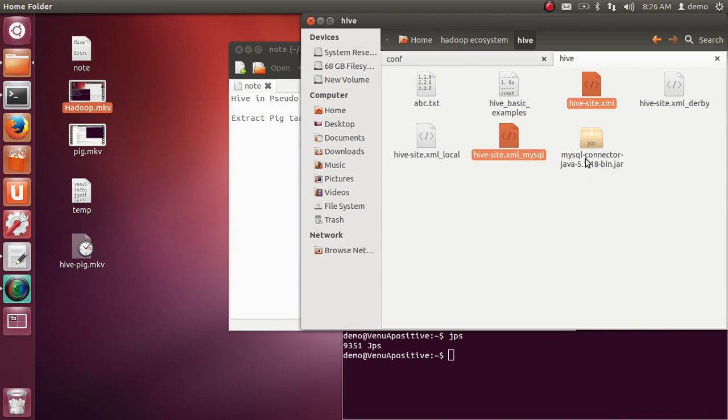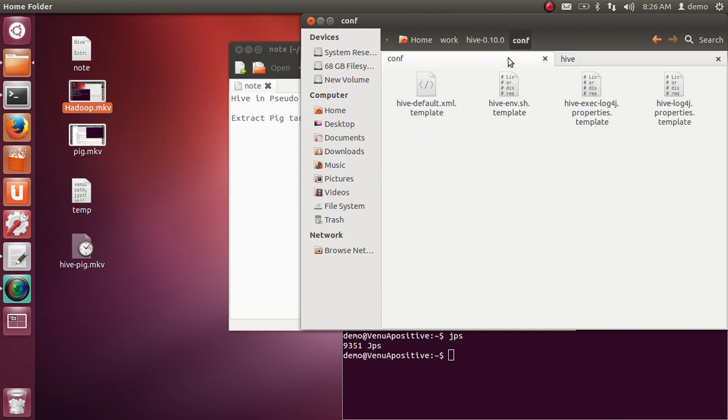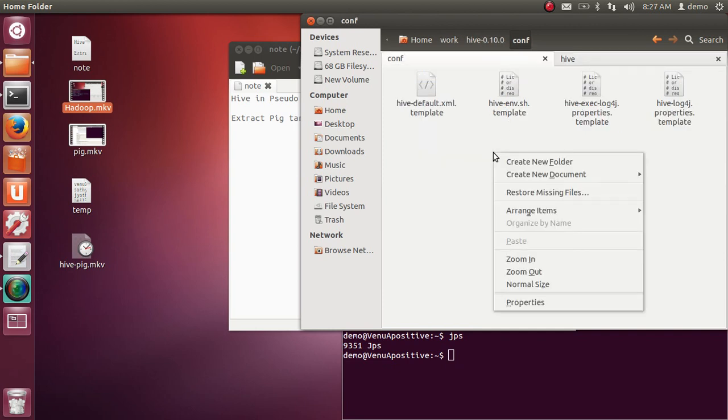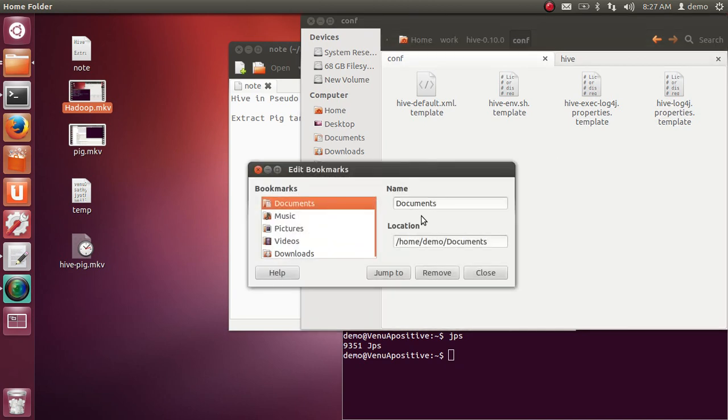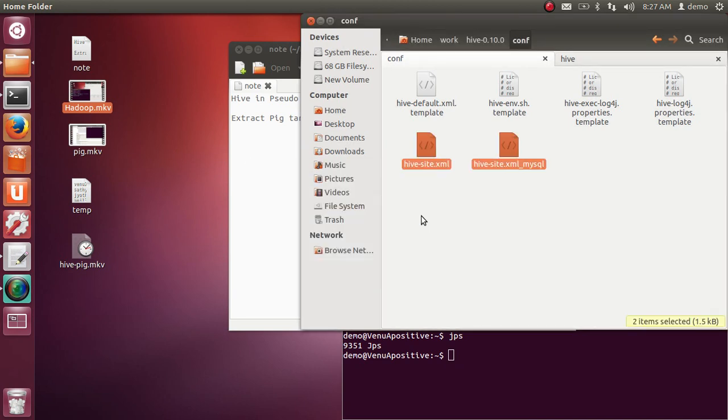You can store it anywhere, but it should be a database. First of all, you can download these two files and paste them into your Hive conf folder.